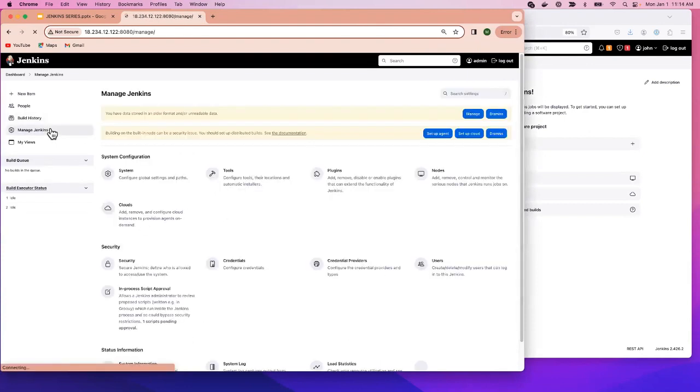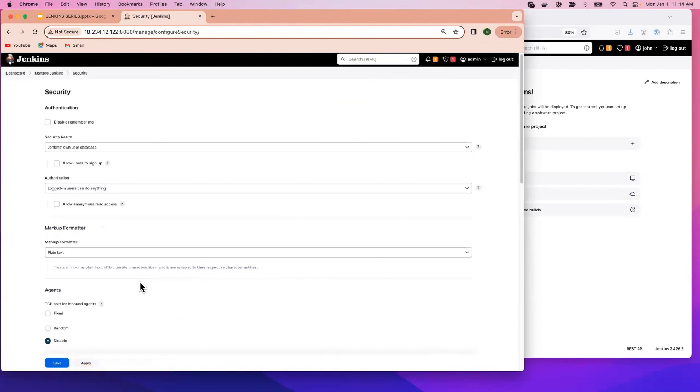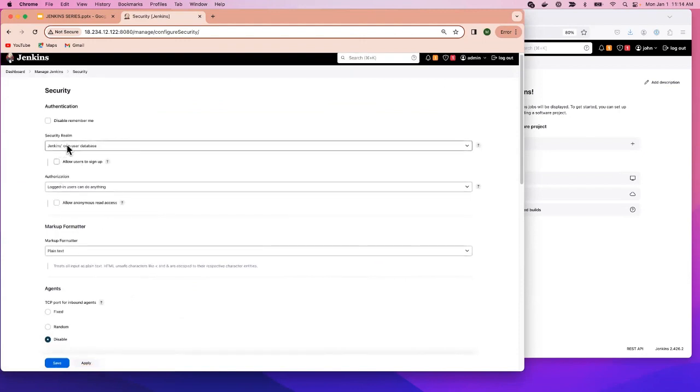If you want to configure that plugin, I am here as user admin. I will go here on security. Because it's something that sensitive, it goes under security. I will go under security. Now, under security here, if you check here,